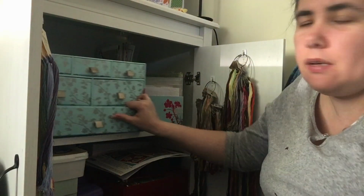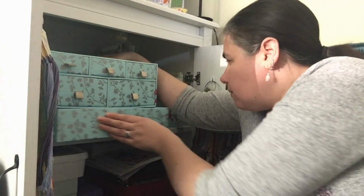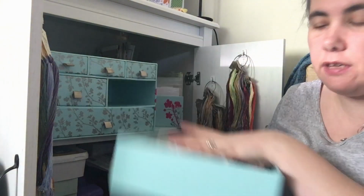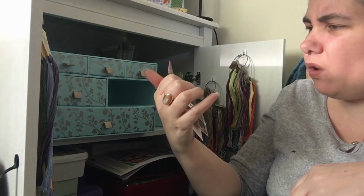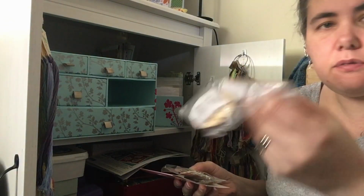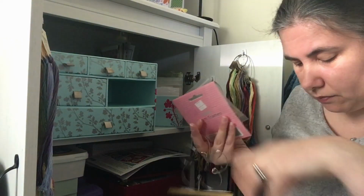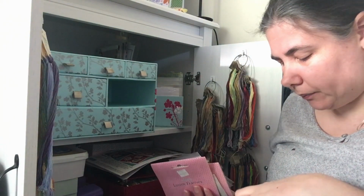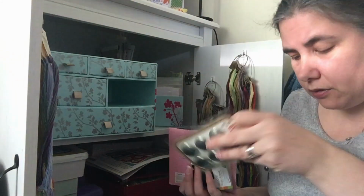And I have the big one, and I've had this a long time, which contains at the bottom random jewellery making stuff that I really do need to sort out. And then I have a drawer of small finishing stuff. So things like little hoops. Why they're calling them loom frames is beyond me. I have several packs of them. Some stitchable pendants, hangers, more frames, a teeny tiny picture frame that I want to put some blackwork in, covered buttons,